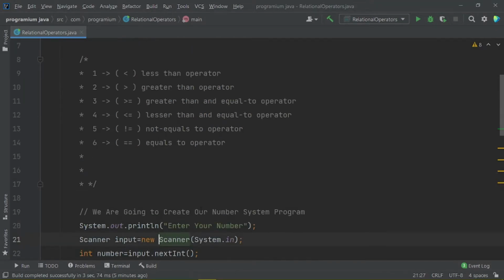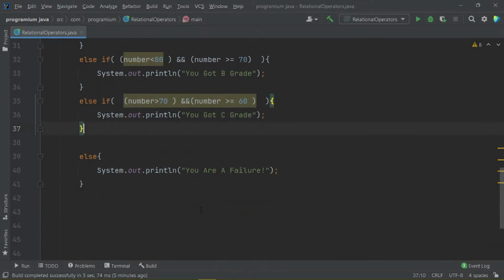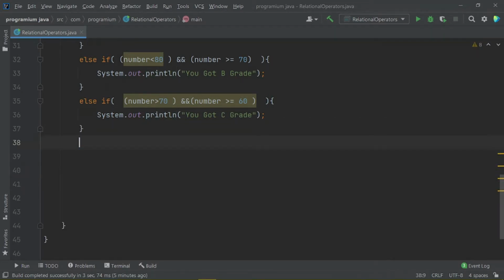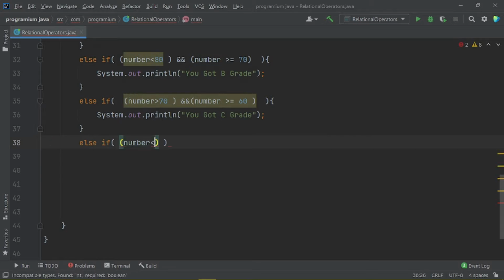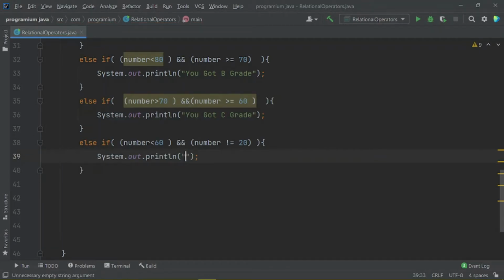operator. So let us see where we can fit this condition, and I think we will need to modify this. We are going to use here else if that if numbers are smaller than 60 and the number not equals to, you can say, 20, then we will shout the user, you are a failure.